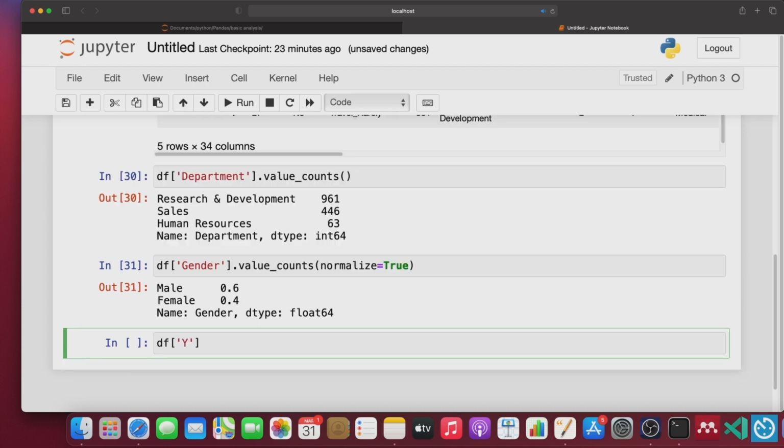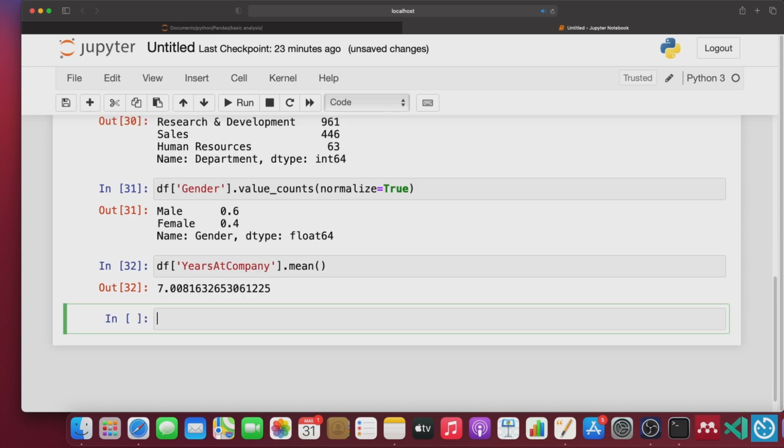The mean function helps with returning the average value. If we want to know the average years an employee spends in this company, we can apply the method like this. We've seen the describe function before when we applied it to a whole data frame, but the describe function